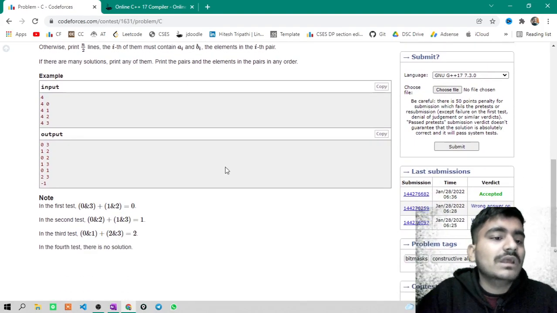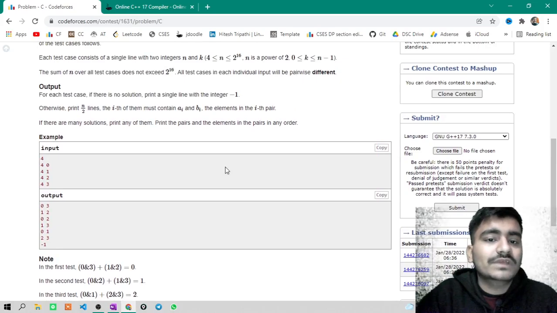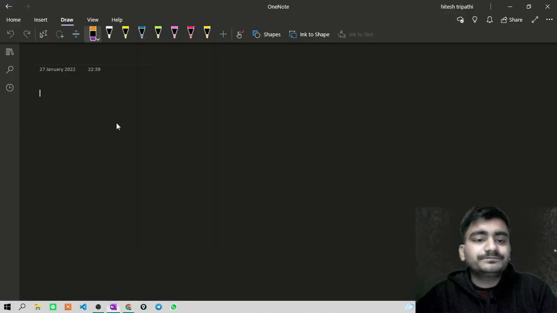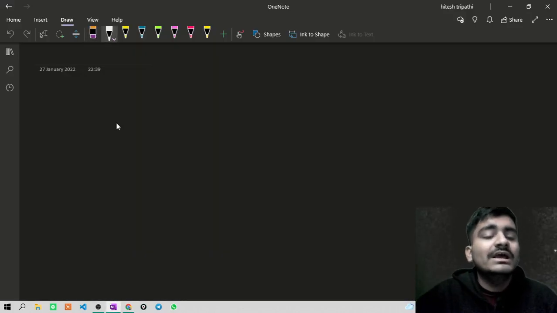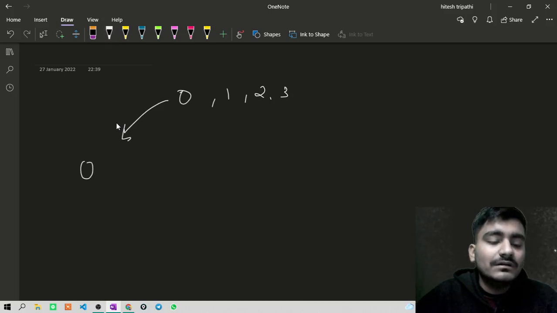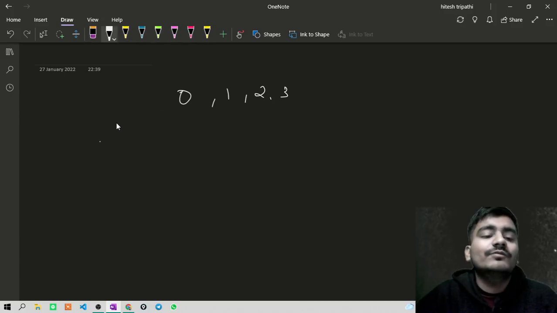And let's now just see some examples. We have 4 and 0, so the value of n is 4 and the value of k is 0. Okay, so we have to make the sum 0. So simply the question is saying that we have the numbers 0 1 2 3, and we have to pair them. Okay, you can pair any two numbers together, but you have to make pairs such that every number appears in only one pair. And you have to make exactly n by 2 pairs, that is 2 pairs from this.